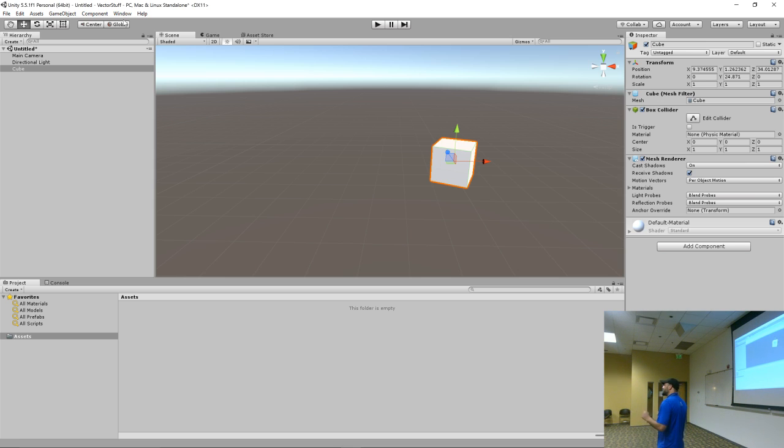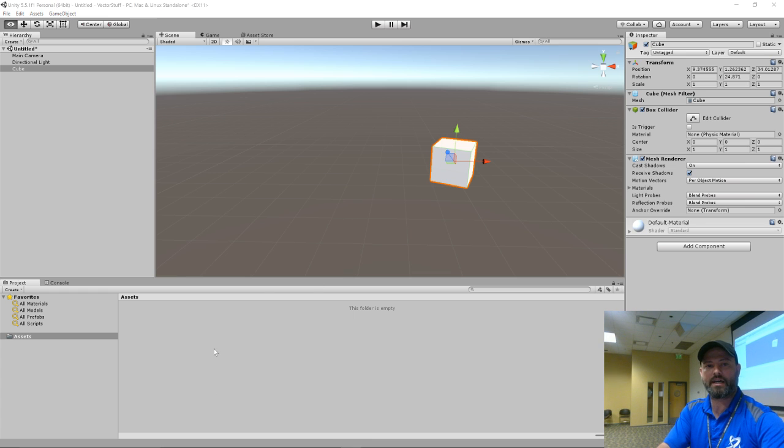You can rotate things in the world, but the world is always going to have its own space. We talked about vectors and how vectors represent positions and directions. So I'll get to that in a second. But these things have their own space.